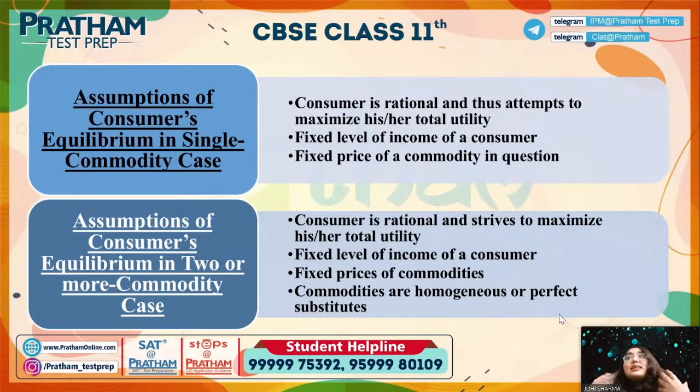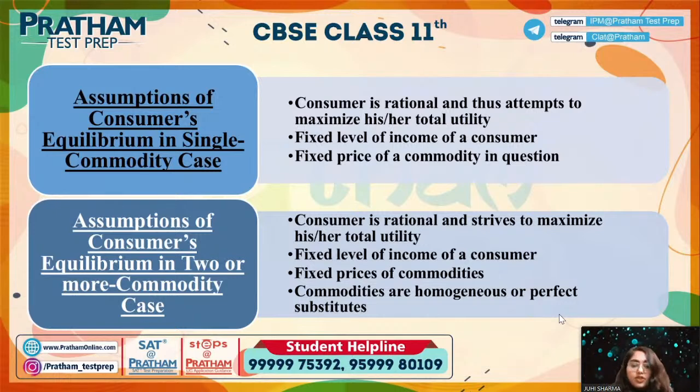Now, is there only one commodity in the market? The answer is no, right? There is no single commodity in the market. But again, we have the assumptions of consumer equilibrium when the consumer is consuming only a single commodity. And then we have a different set of assumptions when a consumer is consuming two or more units of commodity, right? So you need to understand that